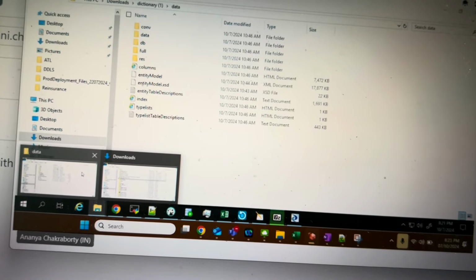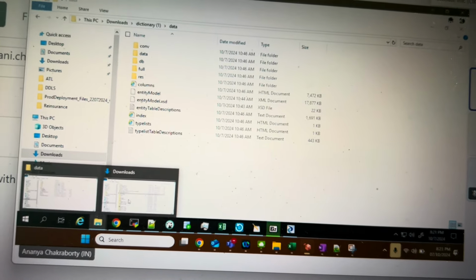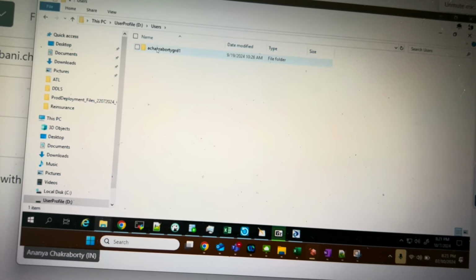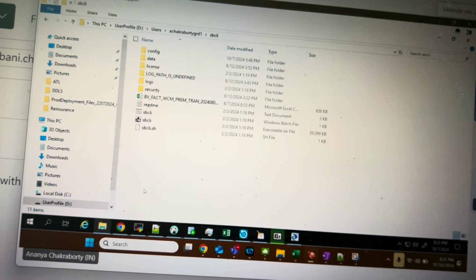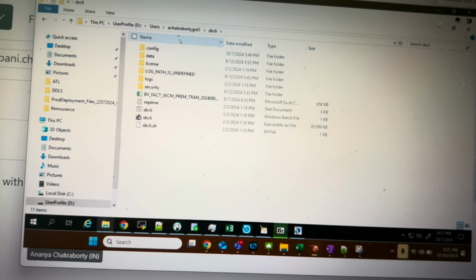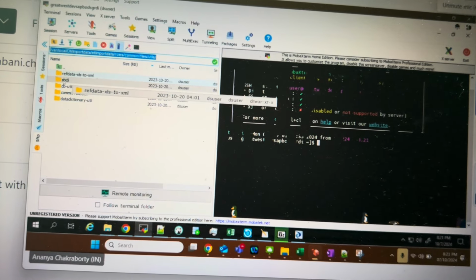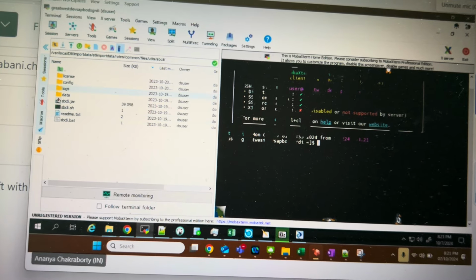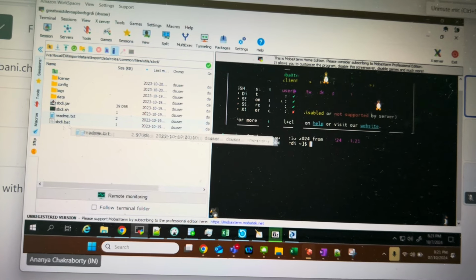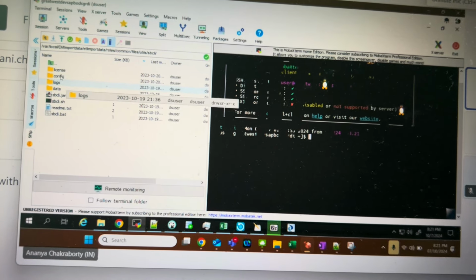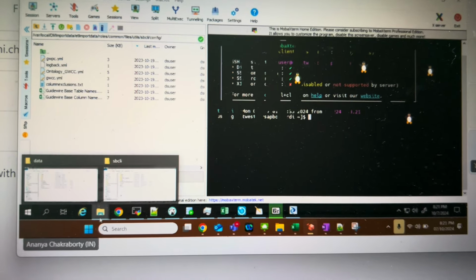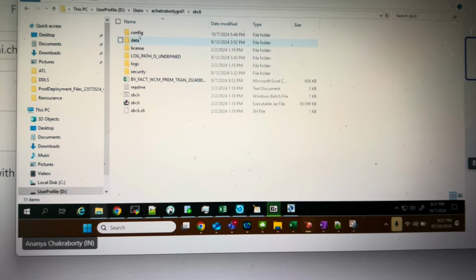Let me go back here. This is the folder which I downloaded from the server. Here is how the structure will look after you download it from the server side. You will see these 4 folders, one jar file, a shell script file, one readme text file, and some other file. Inside the config folder you have to place your data dictionary file. As you can see, I have placed it here.